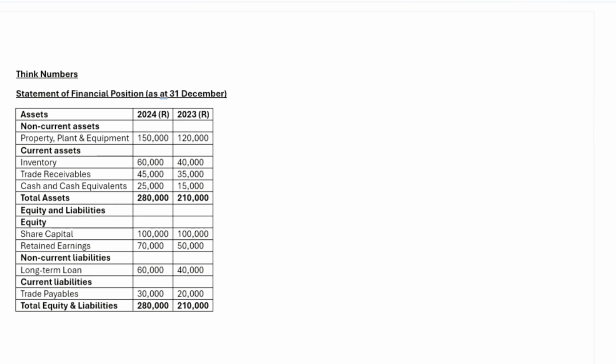In this video, what we'll be looking at are liquidity ratios. In the previous video, we looked at profitability ratios. Now we're looking at our liquidity ratios, and what we're looking at here is the company's ability to meet its short-term obligations. What we are measuring is whether our company will be able to pay off its short-term